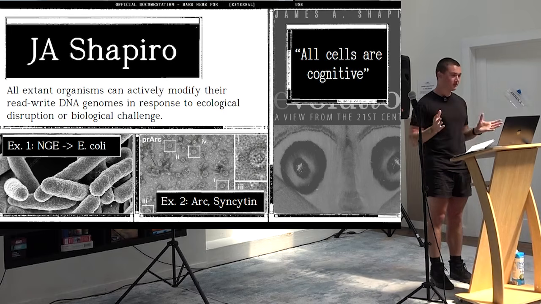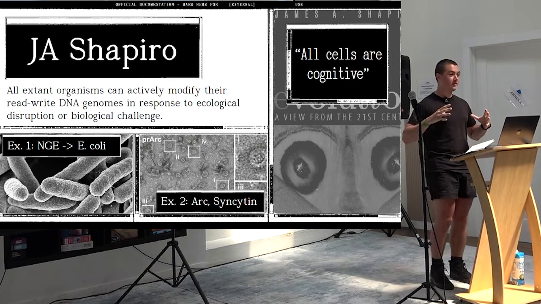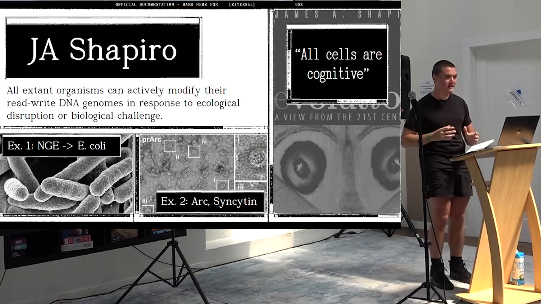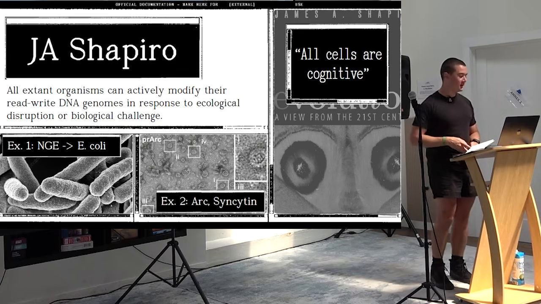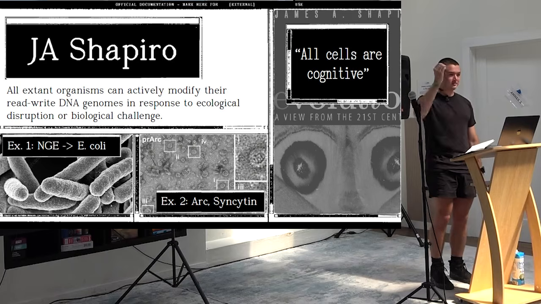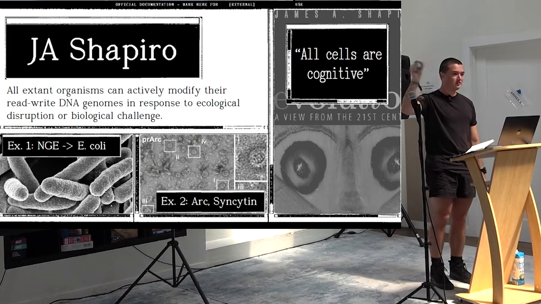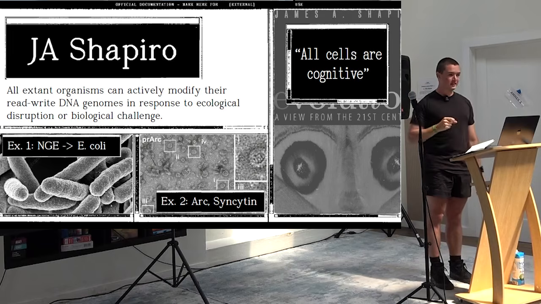So E. coli, for example, bacteria, if you put them under heat stress, they start soaking in DNA from their environment to desperately try and get a new gene to deal with their stressors. This has actually been shown to happen in many more organisms than just E. coli. There's even evidence in mammals. One example is a protein called ARC, which is a virus capsid. It's a viral envelope that can be transferred between neurons and transfer genetic data between neurons. And it's known that this is of viral origin. There are no previous steps, and we've identified similar viruses that this is from.